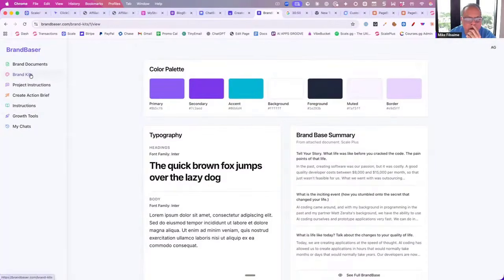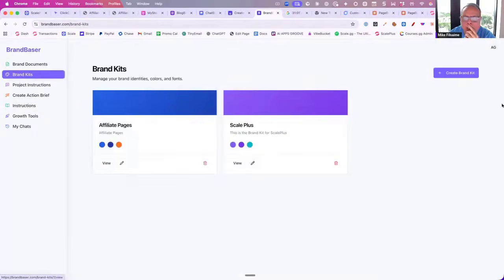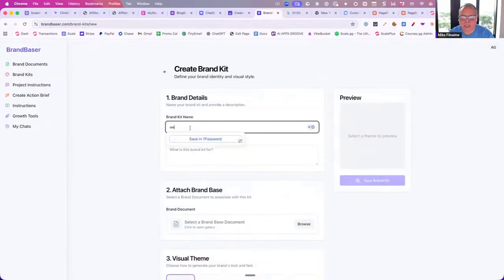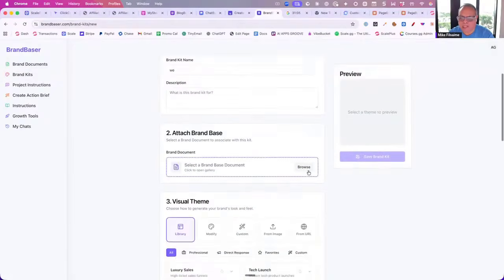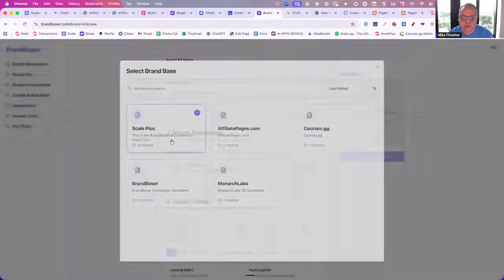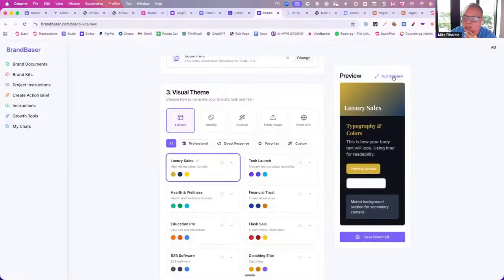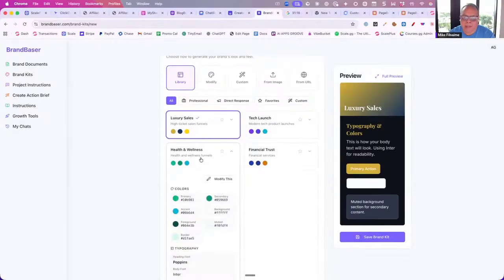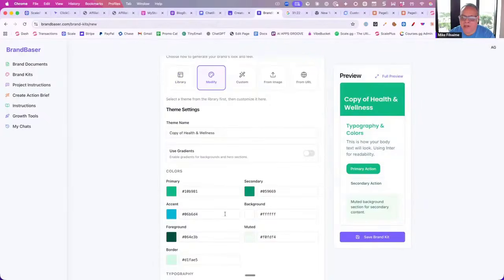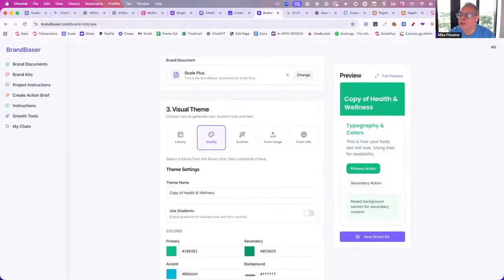So the way this works is when you click create a new brand kit, you give it a name, and then you attach the knowledge document that we're going to use with it. And then you choose from one of these presets here. So if you wanted to use this, you could see what that would look like, light mode or dark mode. If you want to be, let's say, in health and wellness, but this is not quite your green, see this modify? You just click modify, you go to the modify tab and you can change it. And you choose the exact fonts that you want. You can even